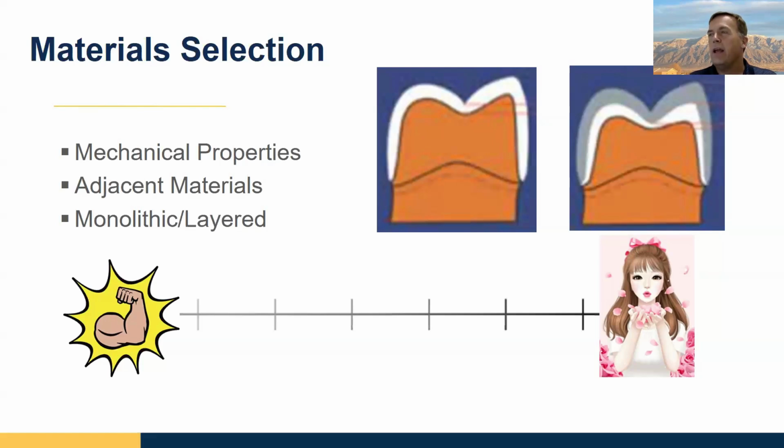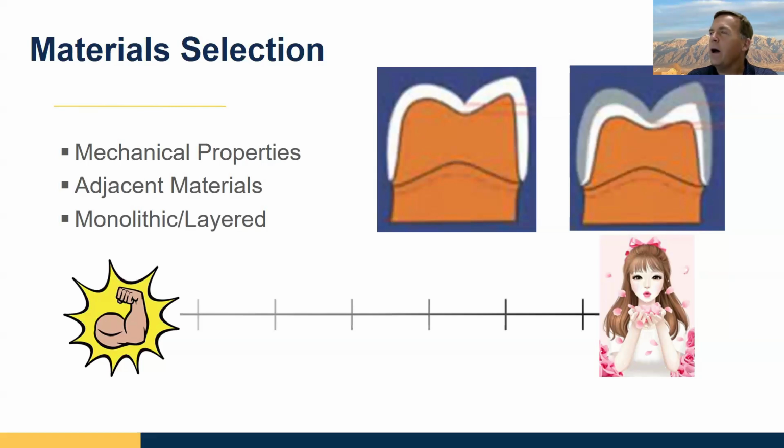So I would say whenever possible, we want to do the same materials right next to each other. We'll talk about zirconia bonding and how that has made that a little bit better. And then